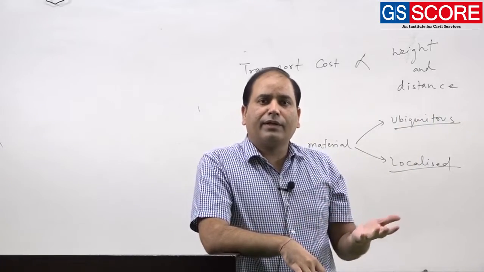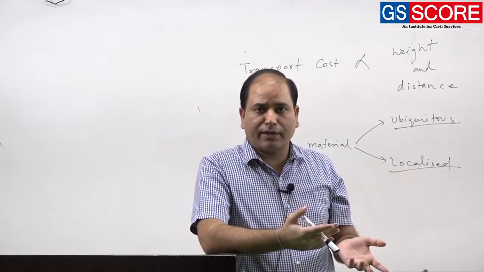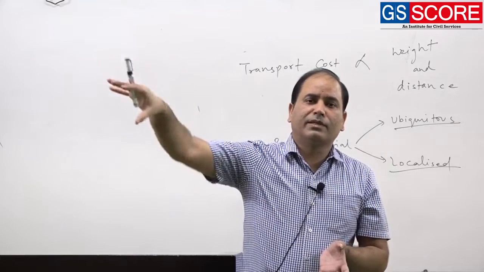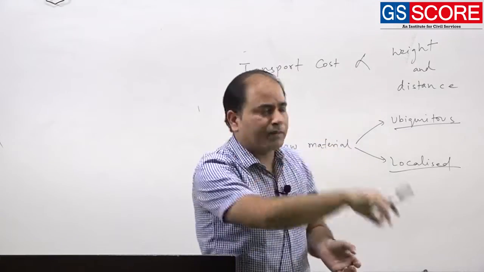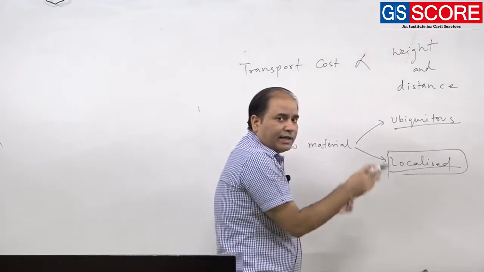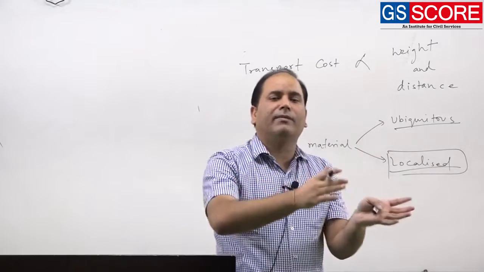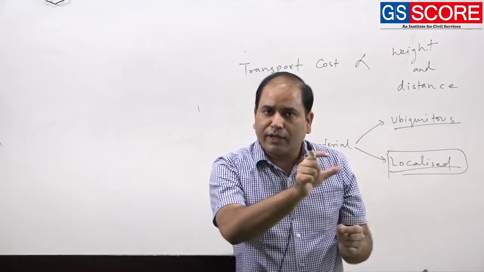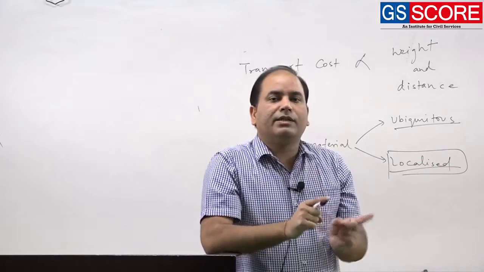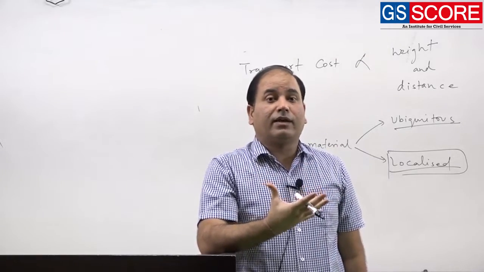Like, if you want to think in the practical aspect, we have coal in our country, iron ore in our country. Coal and iron ore are not equally distributed. At some places we will have more presence of coal, at some places more presence of iron ore. So localized raw material is not equally distributed. While setting up an industry, you need to carry this raw material to the different location. So there will be a variation in the distance. Also, for different types of industry, you will require different quantities of raw material. So the weight of raw material is also variable.